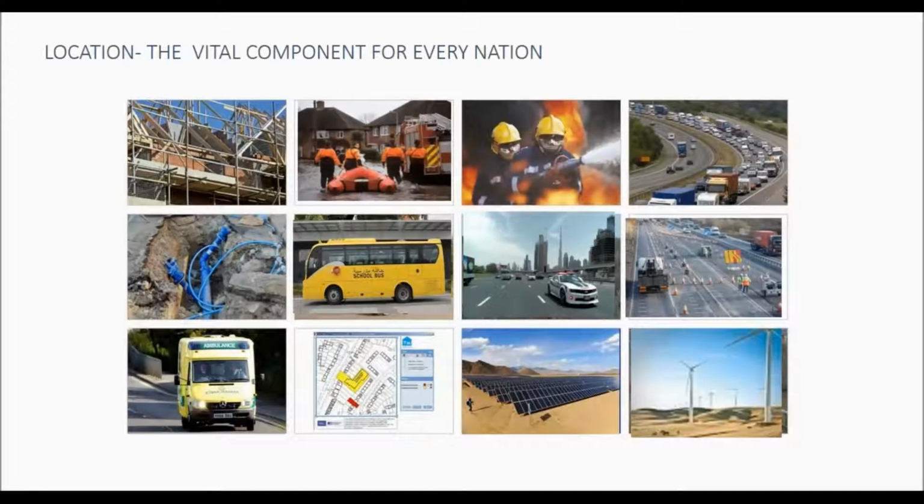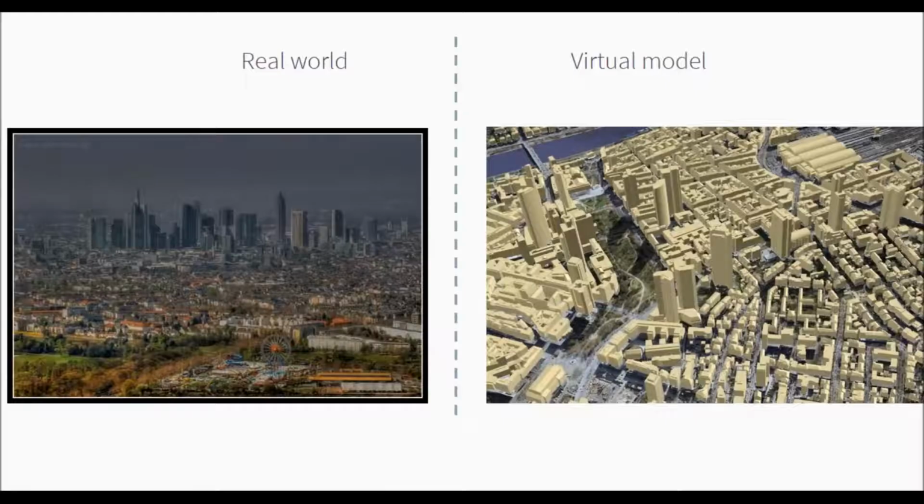So I would hope what we can all agree on is that location information, geospatial information, is a vital component for every nation and for a host of different use cases. On this slide, you see quite a number of use cases ranging from traffic to emergency management to energy to transport and planning, as well as repairing incidents. So geospatial data is a very versatile thing, and getting access to data by geospatial services is more important than ever.